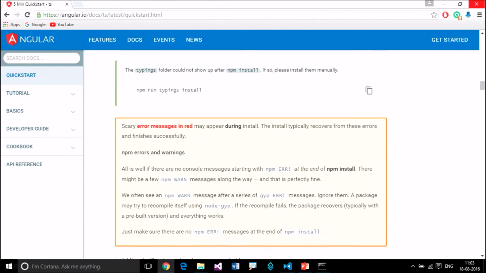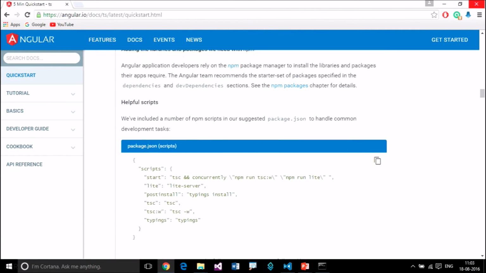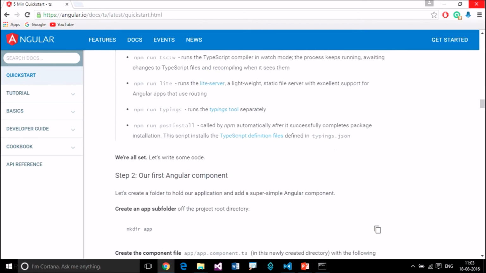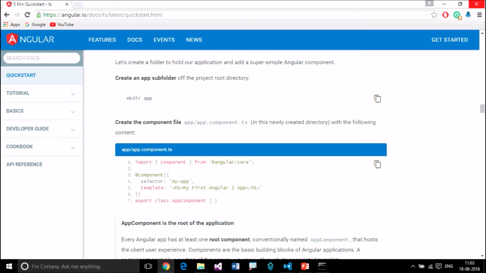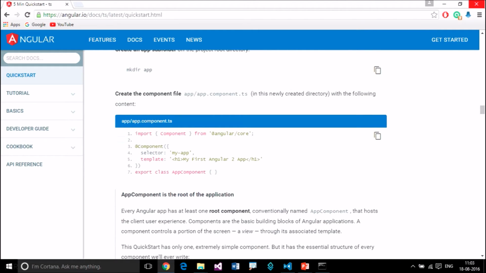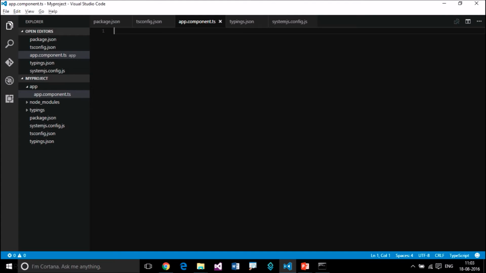Let's look at this. This one is done. In app.component.ts, first we need to build the app component. So let's do that. Class AppComponent. This is a JavaScript class, the AppComponent class.